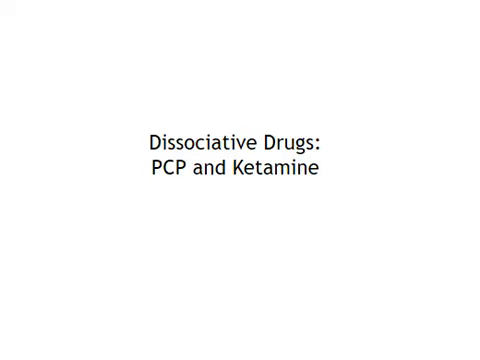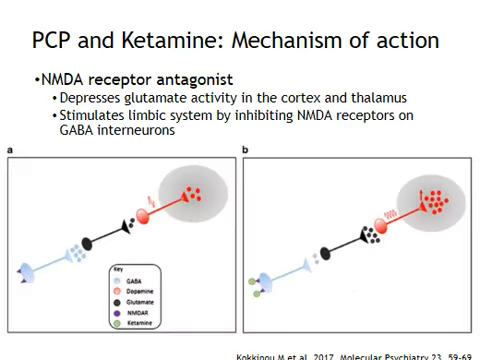Now let's examine the dissociative drugs, particularly PCP and ketamine. Both PCP and ketamine share a similar mechanism of action. They're both NMDA receptor antagonists. Basically what happens here is that when ketamine binds to the NMDA receptors, we can see less GABA release, shown